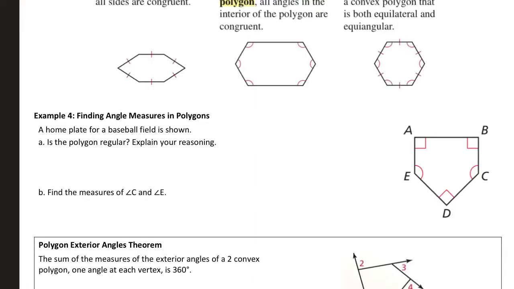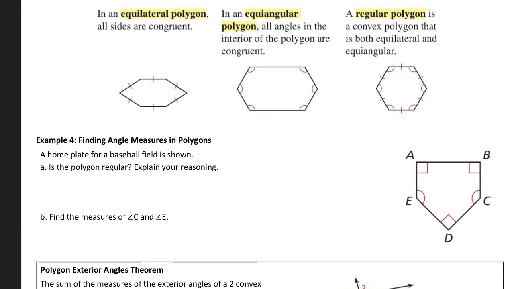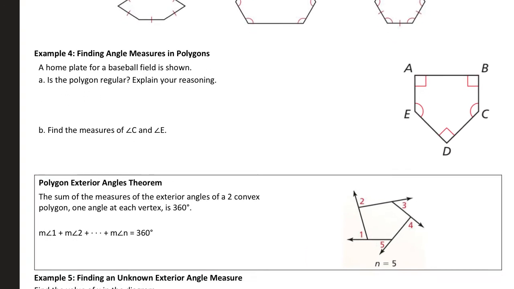Moving ahead, quick review of equilateral, equiangular, and regular. Equilateral shapes, or polygons, all sides are congruent. Equiangular shapes, all angles are congruent. A regular shape is both equiangular and equilateral at the same time. So, in example 4,